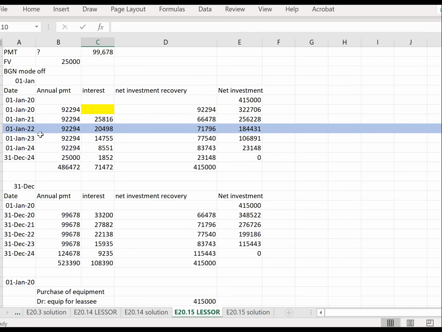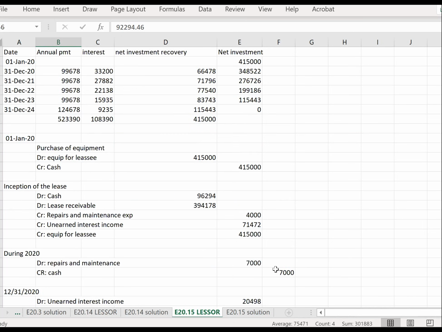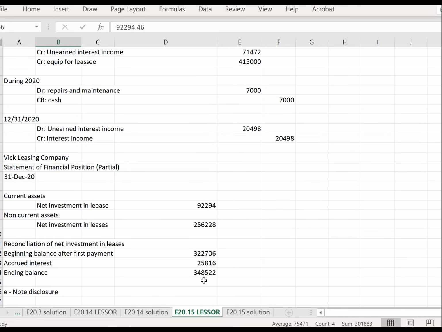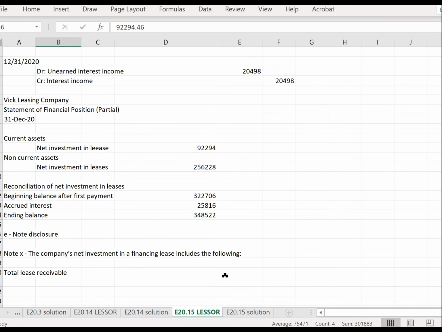So our total lease receivable is going to be the sum of all the future amounts, which is going to be, you can see it at the bottom here, 301,883. So that's the amount that we're going to provide here, 301,883. And then we're going to have the